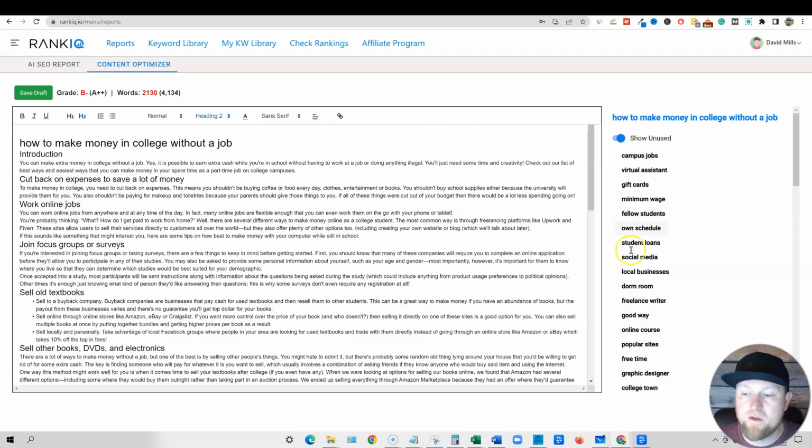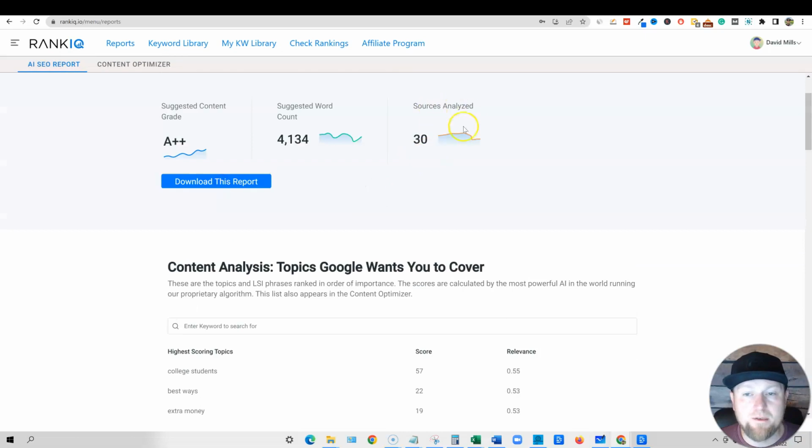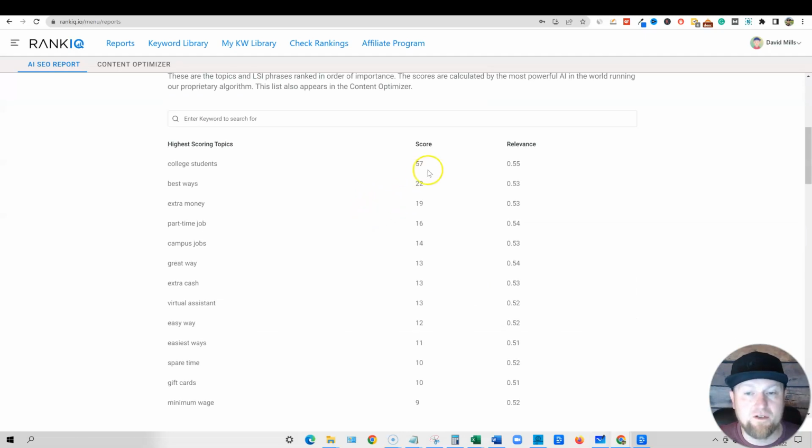What are these keywords right here? These are actually very, very powerful, because if we come into the AI report, these are actually the highest scoring topics that were pulled from the top 30 sources. This software automatically goes out and it analyzes the top 30 results for what you're trying to rank for. And it comes back and it tells you that, well,